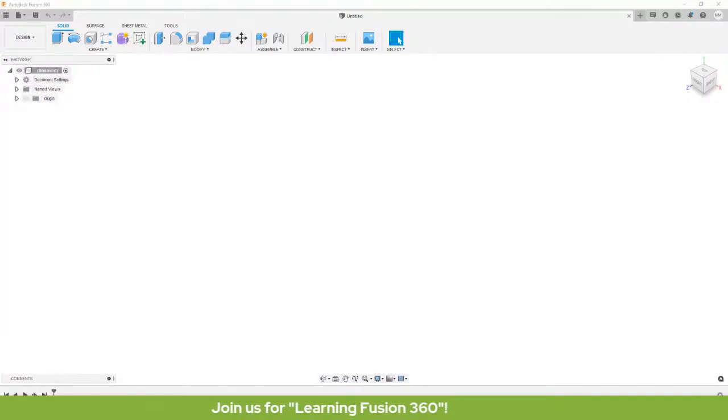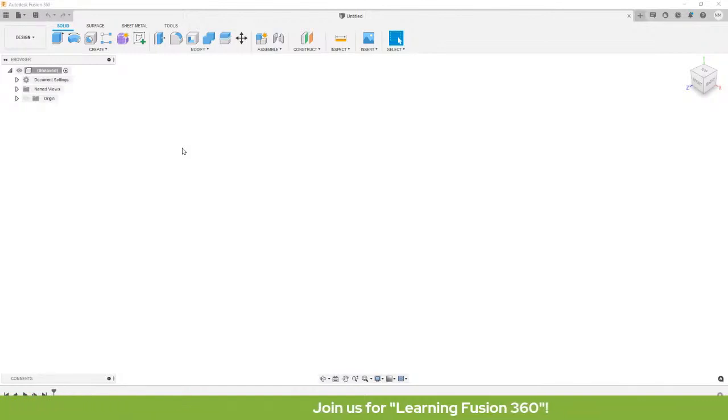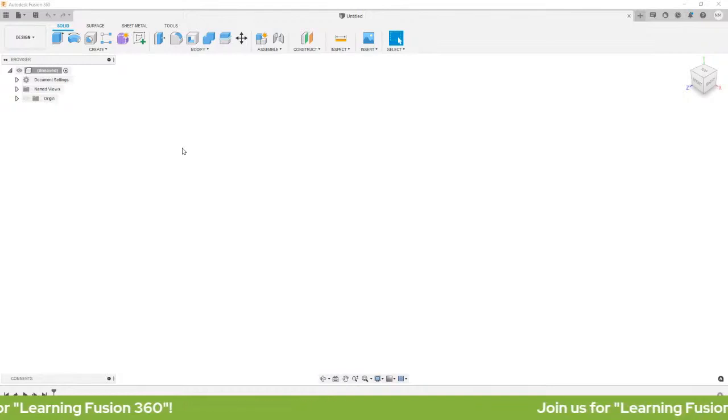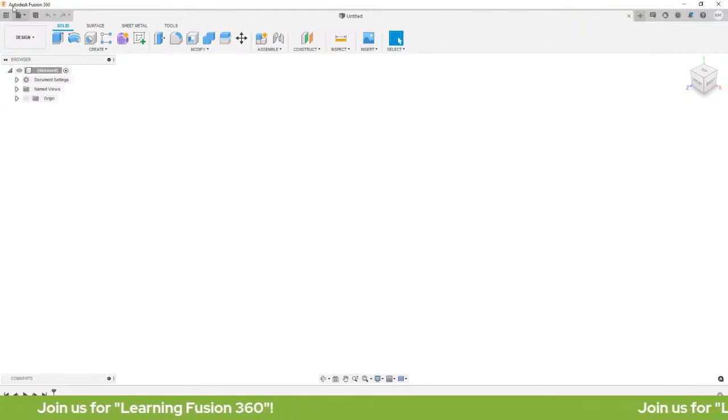Okay, so let's now explore the Fusion 360 interface. Here we have our data panel. This is show data panel.